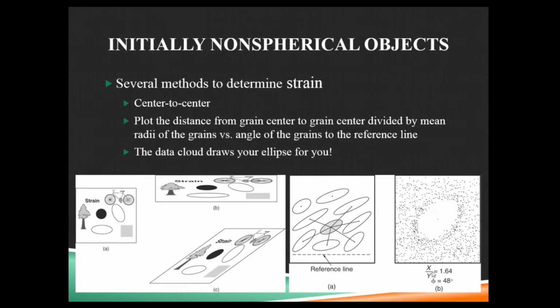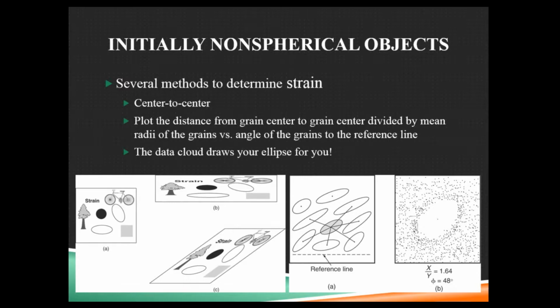What about things that aren't spherical? Honestly, most things in the world aren't spherical. Well, you can have distortion, and it could be just a compression, like in B. It could be some shearing, like in C. It could be both. How do you know? Well,